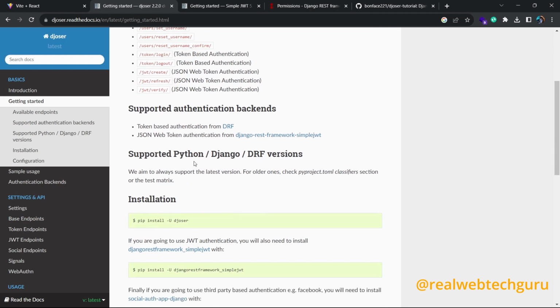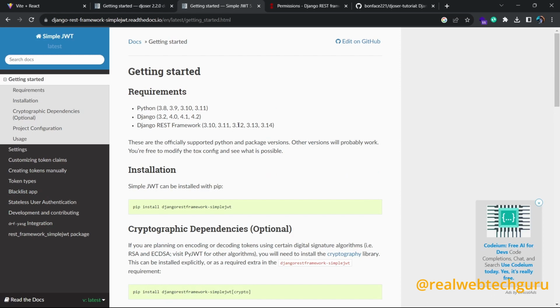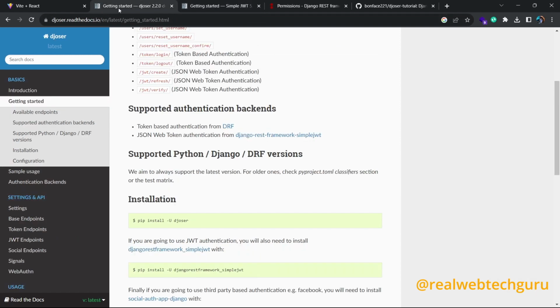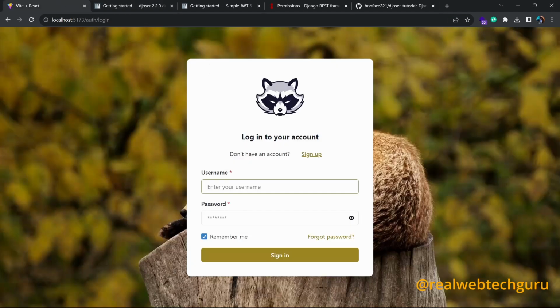Djoser is an authentication library for Django. We'll also be using the simple JWT package, Django REST framework simple JWT, which will be used to provide tokens to our frontend so that we can give the client's front end access to our backend. These tokens are just like identifiers of who we are. So we are going to be using that, and then we'll connect that with this React front end